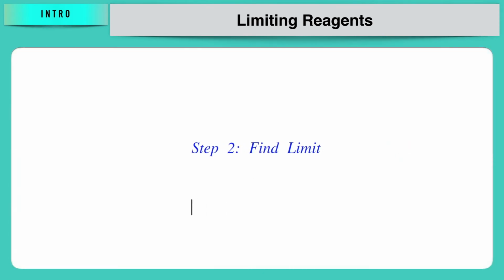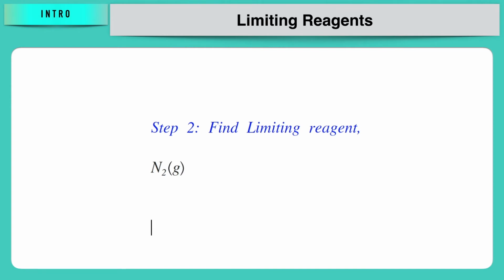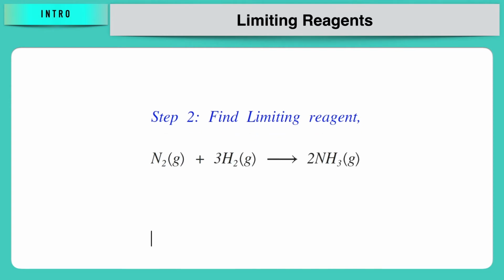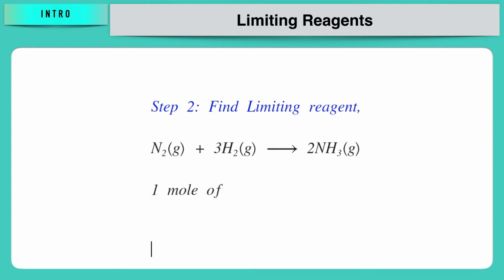Now let us see the second step. Next, we will identify the limiting reagent. Again, specify the balanced equation: N2 plus 3H2 giving 2NH3, right? The number of moles we got earlier: for N2 we had 1785.7 moles and for H2 we got 4960.3 moles. Now this is a very important step for finding the limiting reagent of the reactants in the reaction. You will take each reactant one by one and calculate the amount of product with respect to that particular reactant. So let us take N2 and H2.